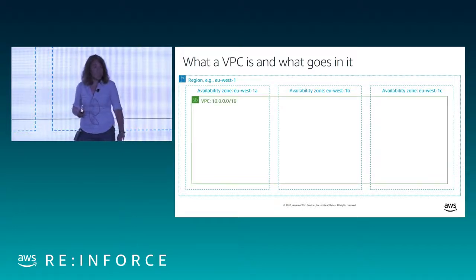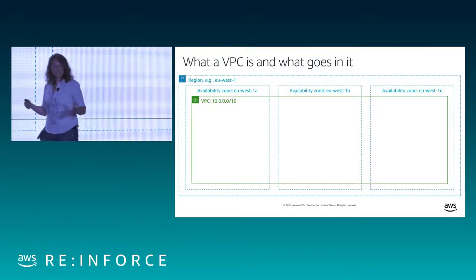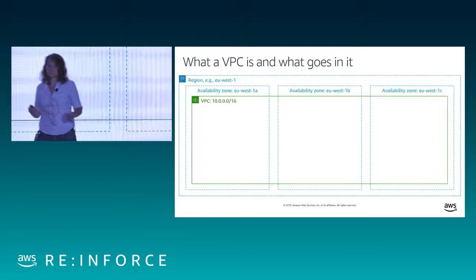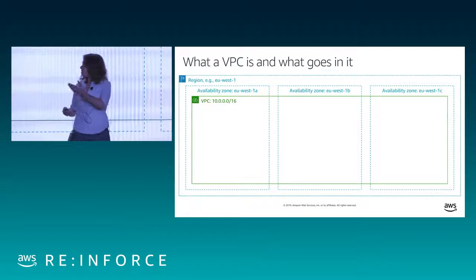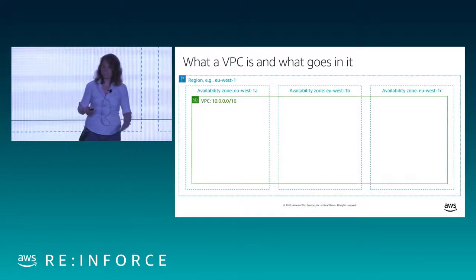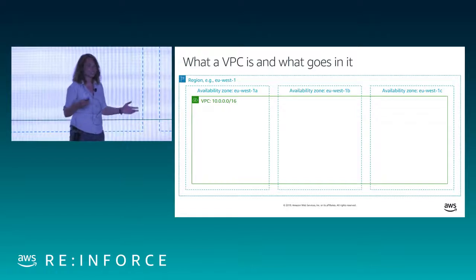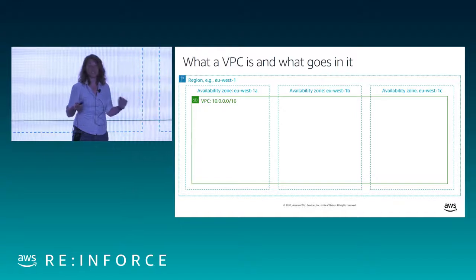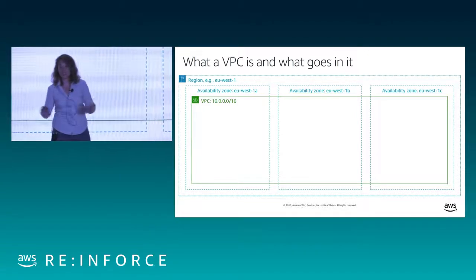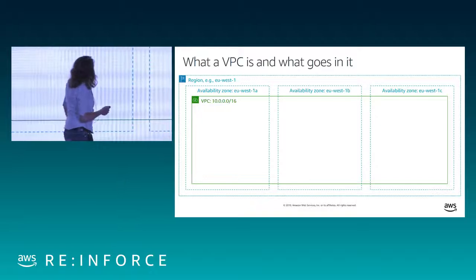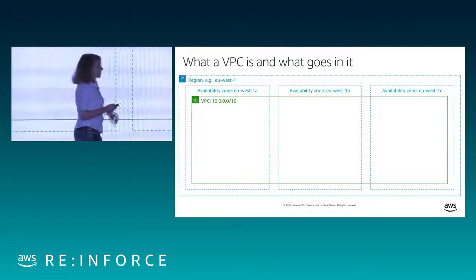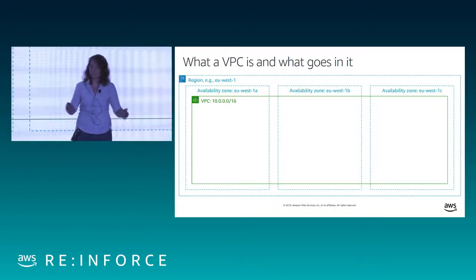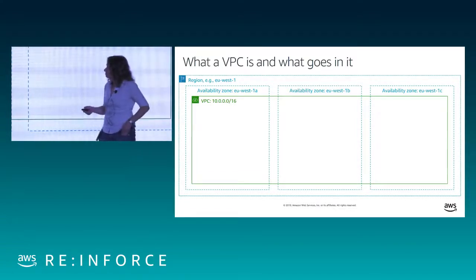So what's your VPC? Your VPC is your network in a particular region, and you have control over a lot of things in the VPC, most notably the IP address range that your VPC sits on. A very common IP address range to choose for a VPC, which we have done here, is 10.0.0.0/16. That's networking speak, classless interdomain routing notation, for 10.0.something.something. That's what this IP range is. And as you can see, my VPC spans all of the availability zones, because this is how I can run infrastructure in my network using all of these availability zones in the region.